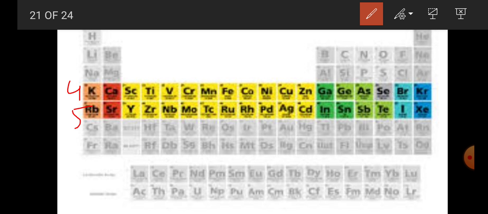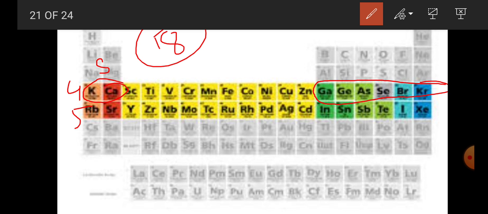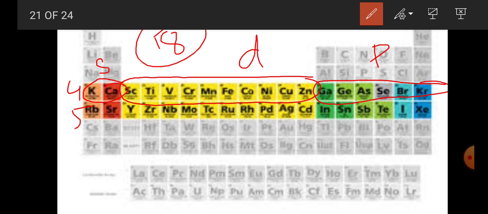So the fourth and fifth periods consist of 18 elements. Of these 18 elements, 8 are the representative elements. Potassium and calcium are the S block, and these are the P block elements. And these in yellow are the D block elements. So the S block elements are potassium and calcium, and D block elements, meaning the transition elements, start from